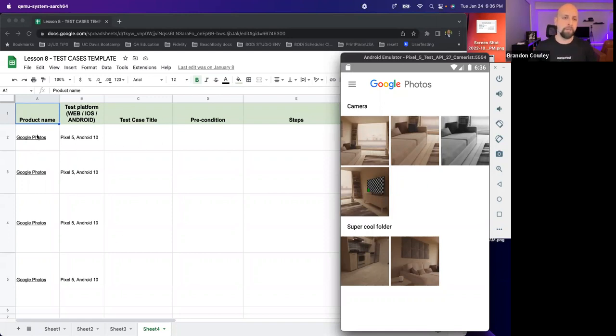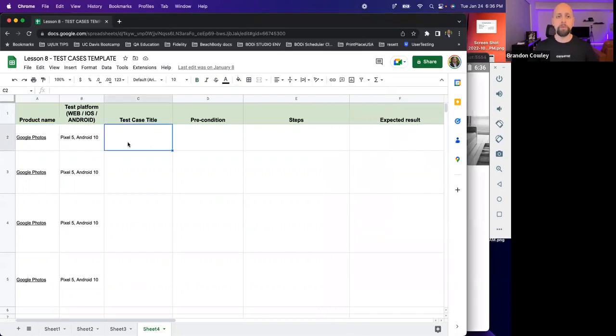And so when you're writing a test case, you very likely are going to be doing this in TestRail, which is a different platform that you would be writing these things in. But for the sake of demonstration, we can just use Google Docs. Now, some companies actually do use this. It's very easy. It's very formulaic. So if we wanted to test a variety, let's say, again, we still are employed by Google, but they took us off of YouTube and they said, now you're going to be testing out the photos or whatever. So let's check out some Google Photos.